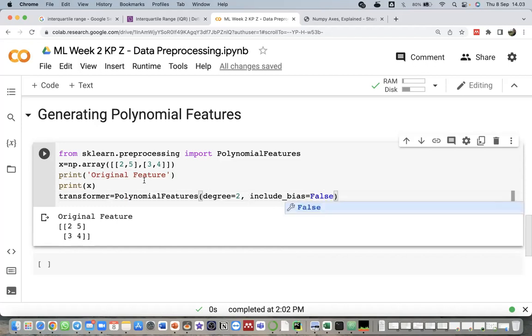Actually, if we change include bias to true, it will give us one values in our first attribute. We will try to change the value to true after this.